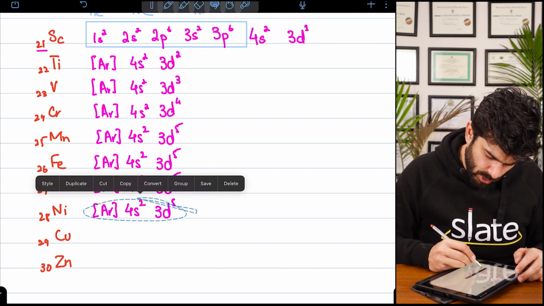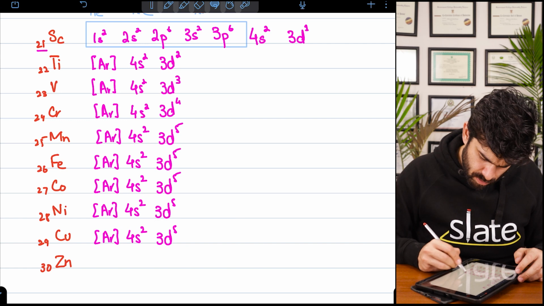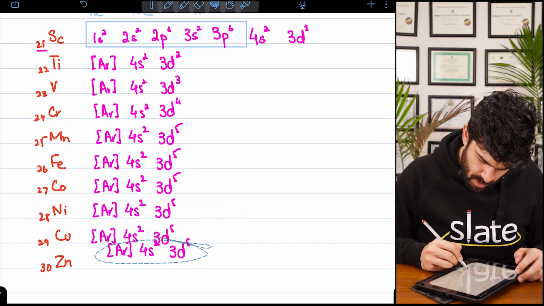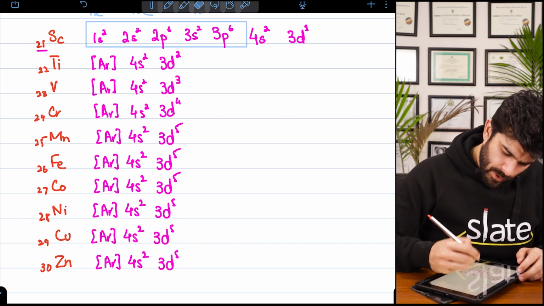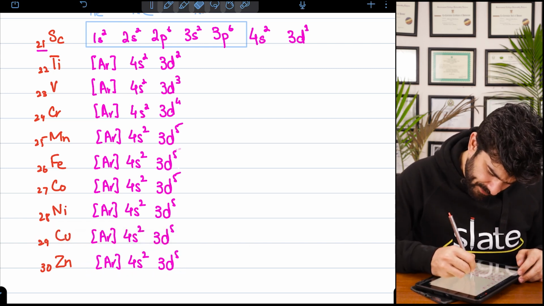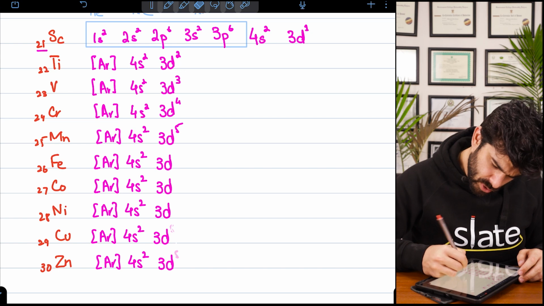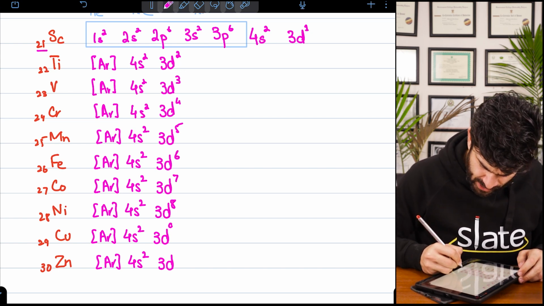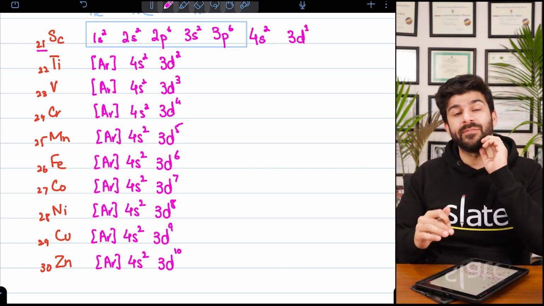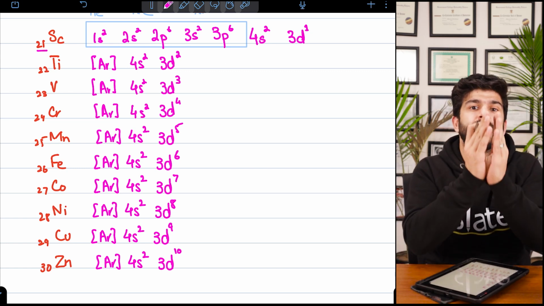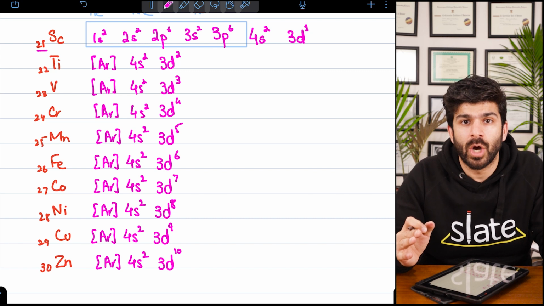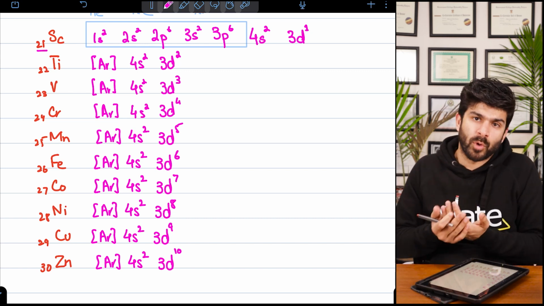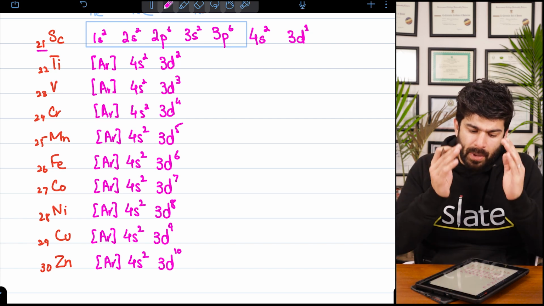Only the number of electrons are going to change. So we know 3d5, 3d6, 7, 8, 9, 10. That is something we know about. If we make the electronic distribution with the boxes, we may be able to study more of its properties. But